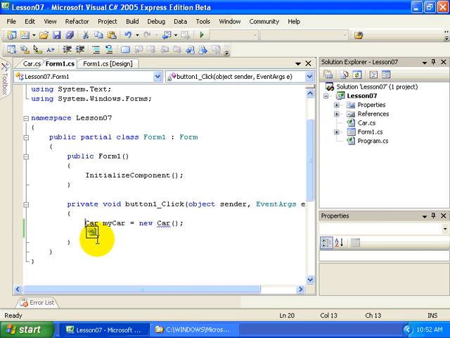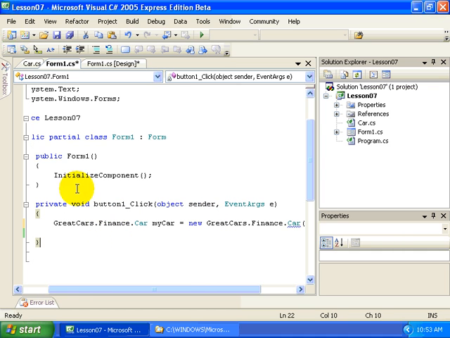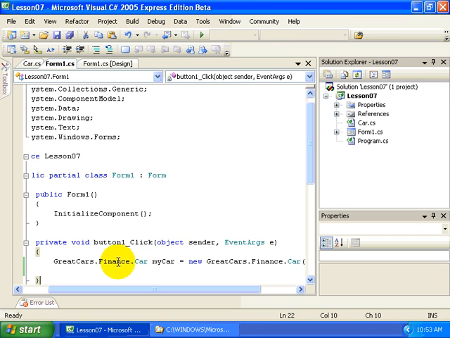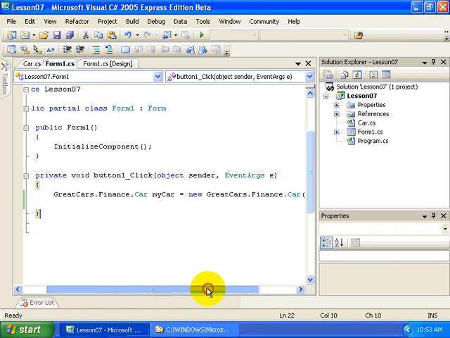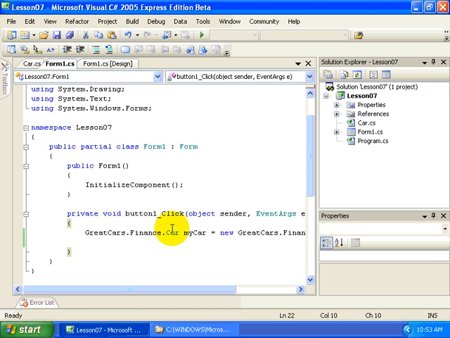So what we're going to have to do is this. Greatcars.finance, see the IntelliSense that pops up? .car equals new greatcars.finance.car. Now let's see if we can run this application. And it works. Doesn't really do anything, but hey, it compiled, so it must work, right? No, I'm just kidding. Okay, so obviously there's a lot of typing that needs to be done, and this is very inconvenient. And what we can do is truncate all this off